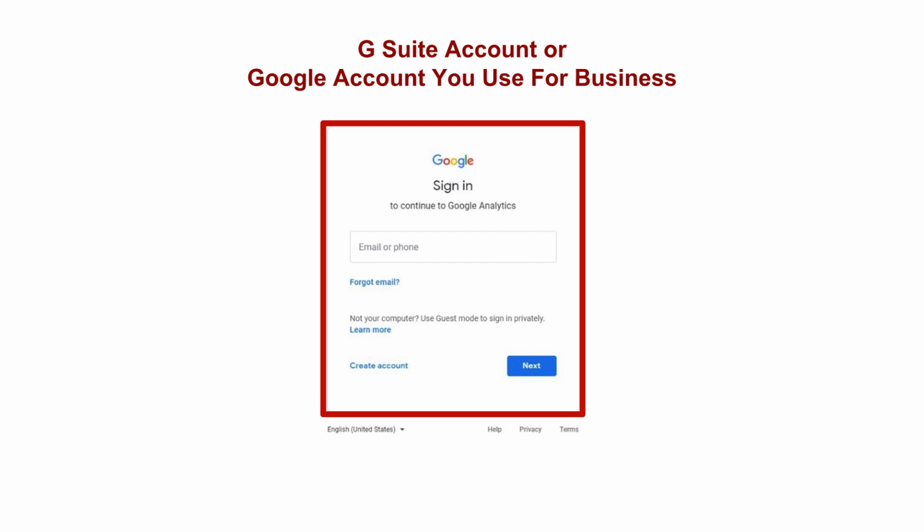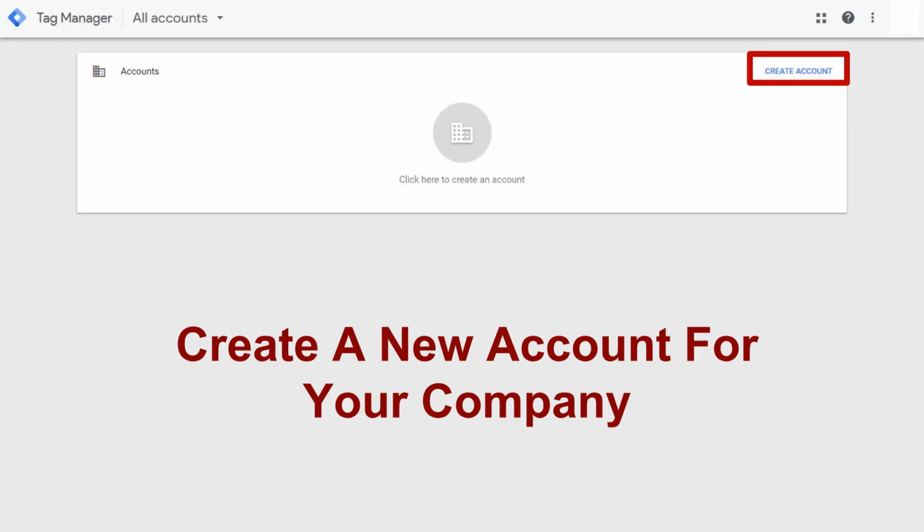You can always be given access to other Google Tag Manager accounts in the future and share access, but you want to make sure that when you set up your account, you own the email address that you're using. So once you've set it up and you've allowed access to Tag Manager, you're going to be taken to a page that looks like this, and we're going to create our account for our company. If you have multiple companies or you're going crazy with multiple projects, you can just repeat this process over and over again. We're just going to go through one sample company.